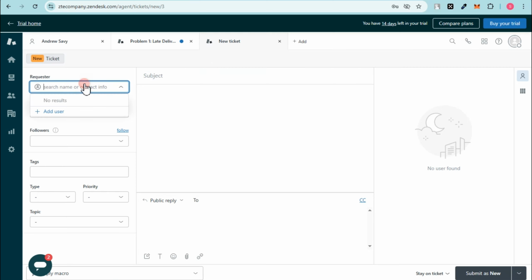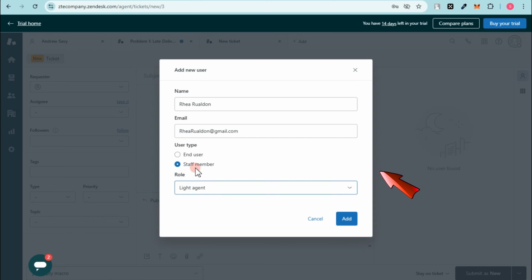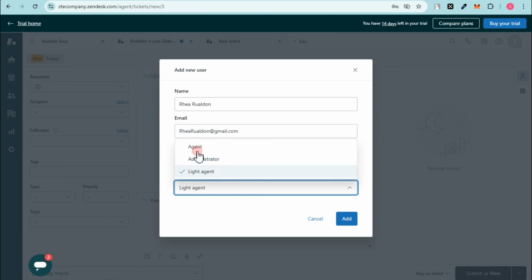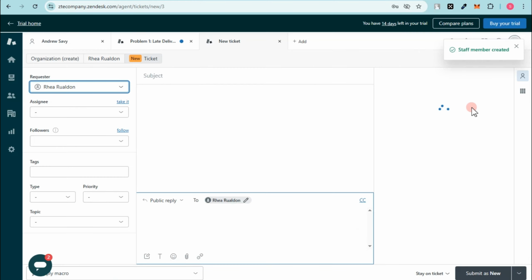So you can add again a name. So add a user here, for example, now this time, let's just say that this one is your staff member. Okay, so the role of this staff member is agent, or let's just say administrator, agent, everything is up to you. So if this person also encounters something on your company, you could also add someone, not just a user but also a staff member. After that, what you're going to do next is tap the add option right here,